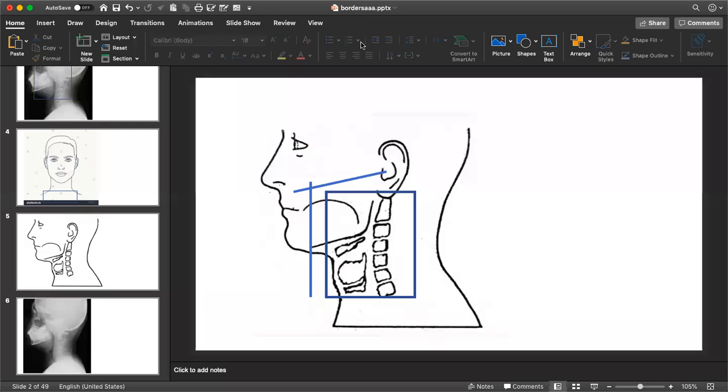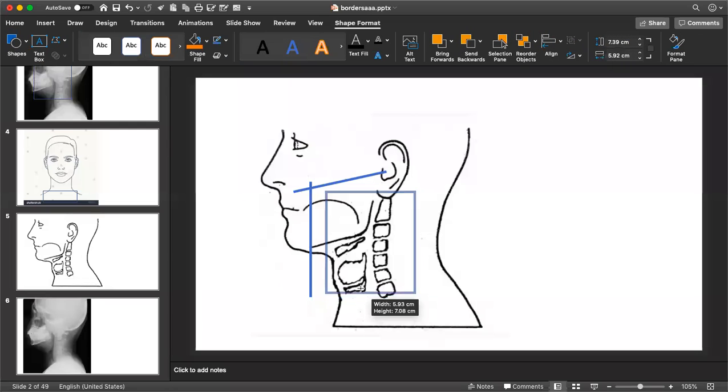Yes, sir. The inferior border would be again the same thing. You can use a low anterior neck field, or otherwise you can put the inferior border at the lower border, where the neck meets the shoulder. If you're treating only with the lateral field, you can pull your inferior border to where the neck meets the shoulder, because in oropharynx you need to treat the level 4 nodes. To treat the level 4 nodes, you need to bring the inferior border to that level.